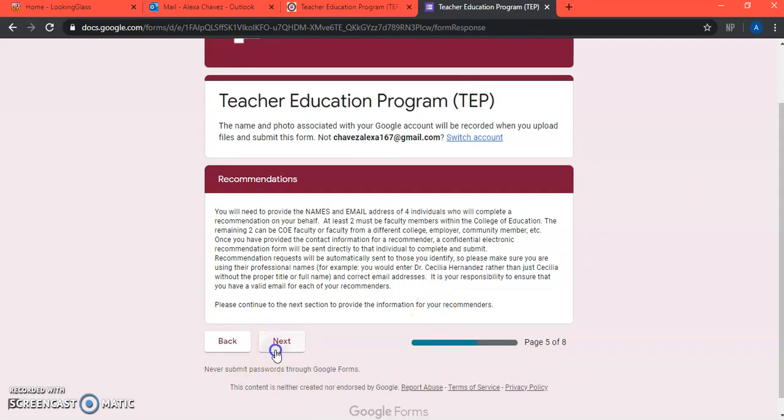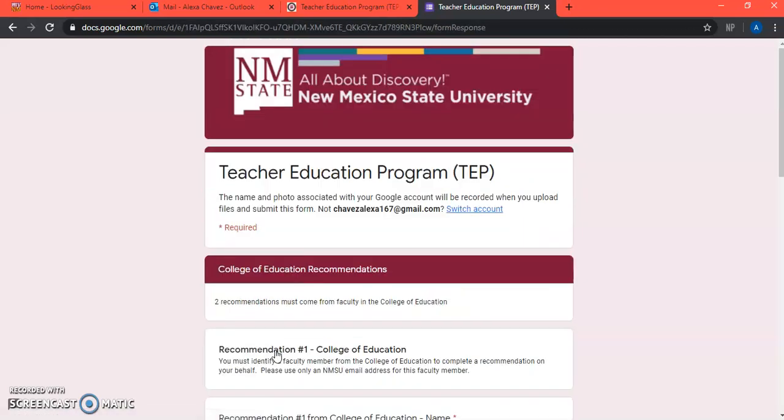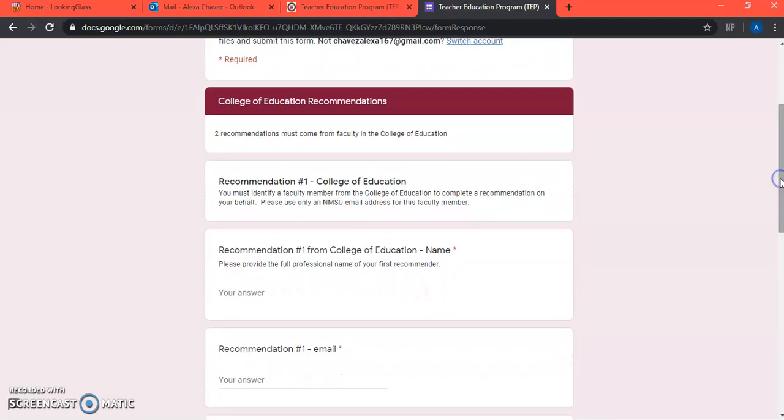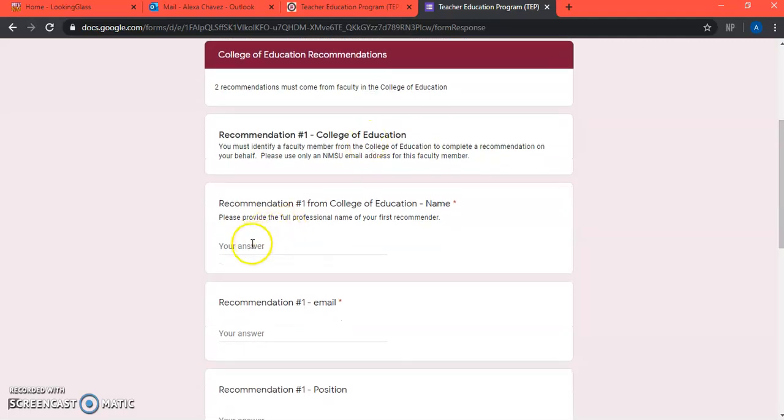Okay, then next, be sure you have the correct email address for each person, because an automatic email will be sent to them, and the only way it can be delivered is by entering the correct email. Also, make sure to enter their professional name, so that the automatic email request for the recommendation is a professional email. So for example, I'm gonna